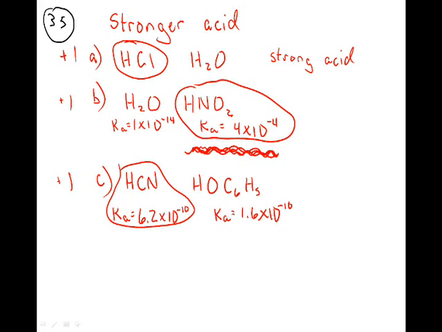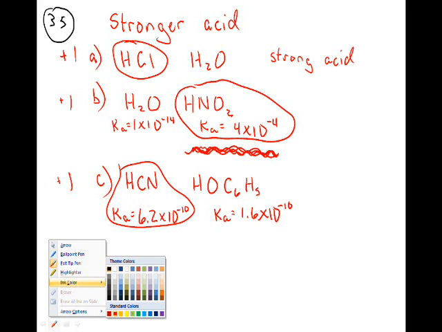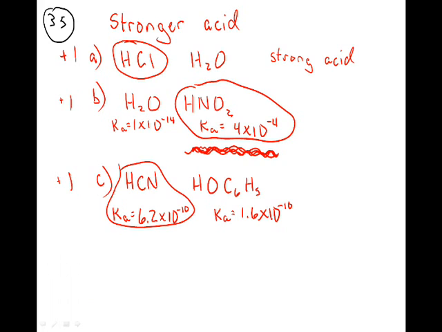Question number 35 is asking you, from the pair, which is the stronger acid. And in A, this is the stronger acid because it is a strong acid. It's going to be stronger than water. And in B,